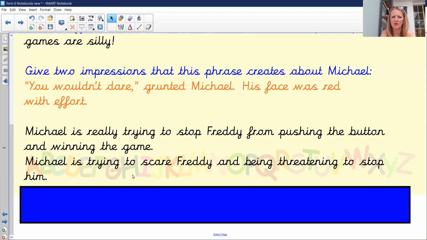Okay, so he doesn't want to lose, does he? He doesn't want to lose at any cost, even though he's older and you would think more sensible, but he's older and stronger, so he doesn't let Freddie ever win. So he's really trying to stop Freddie from pushing the button. So he's grunting with effort and his face was red as well. When you try and do something, sometimes you go a little bit red in the face.